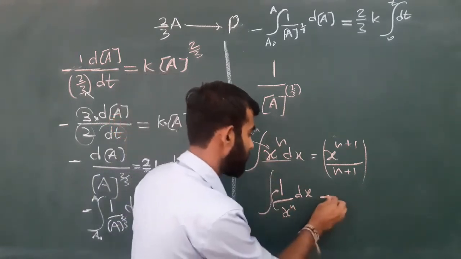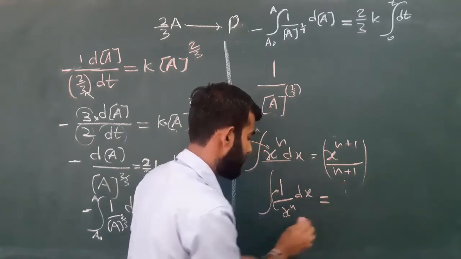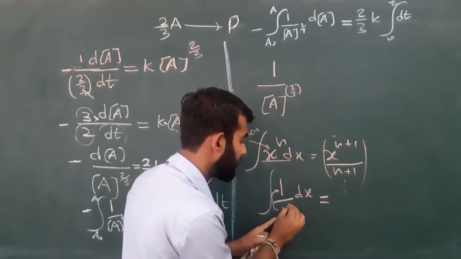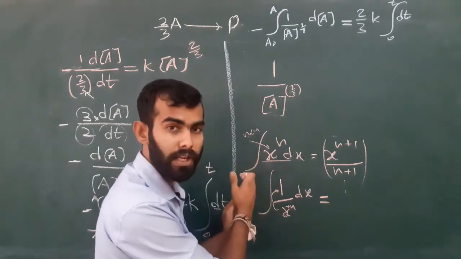How can we do it? When I rearrange this x to the power n, this is positive n, when it becomes numerator